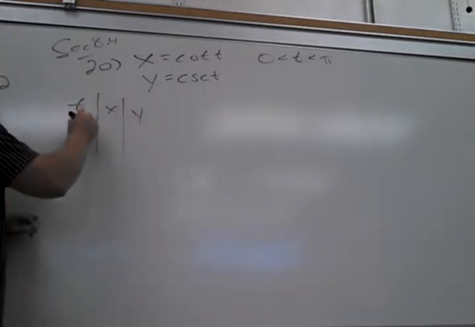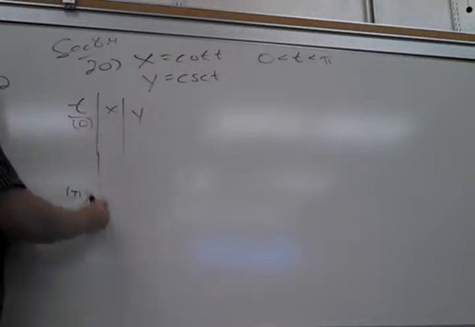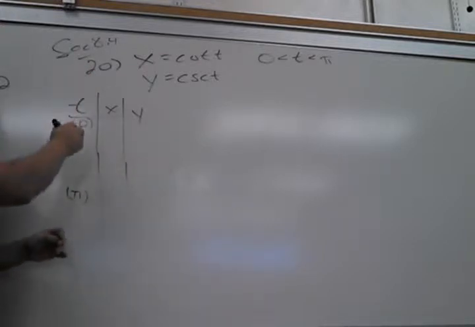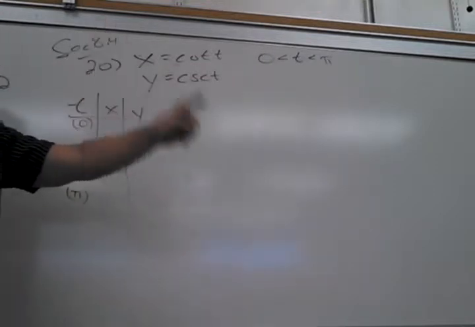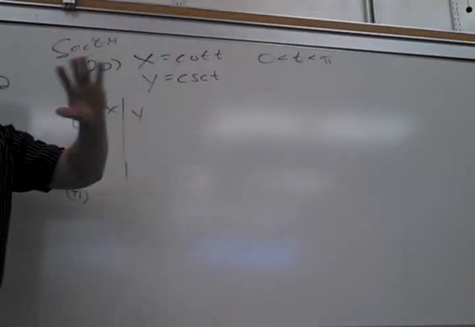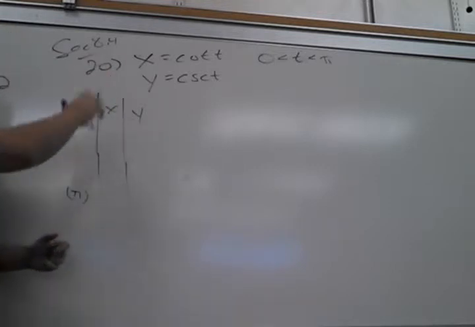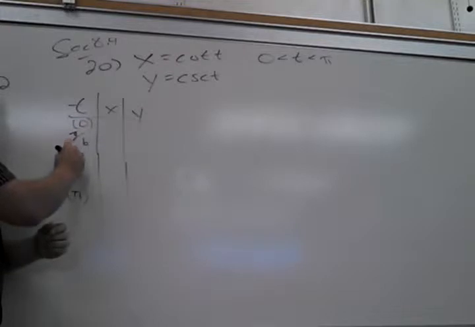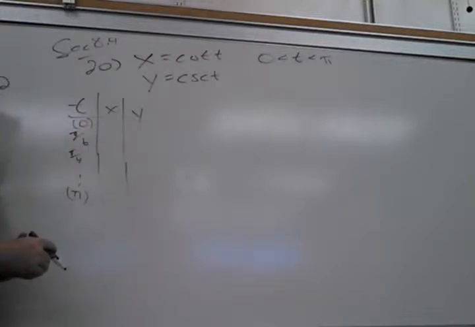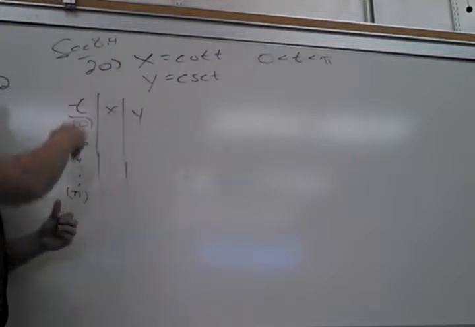So, 0 and pi. On the one homework I graded from this assignment, somebody didn't do that. They got the middle points, but then they had to guess what it did on the outside, and they guessed wrong, which is really easy to do, because this thing does something kind of weird. I could put in pi over 6 and pi over 4 and so on. That middle part should be easy. So if I try to plug in a 0,